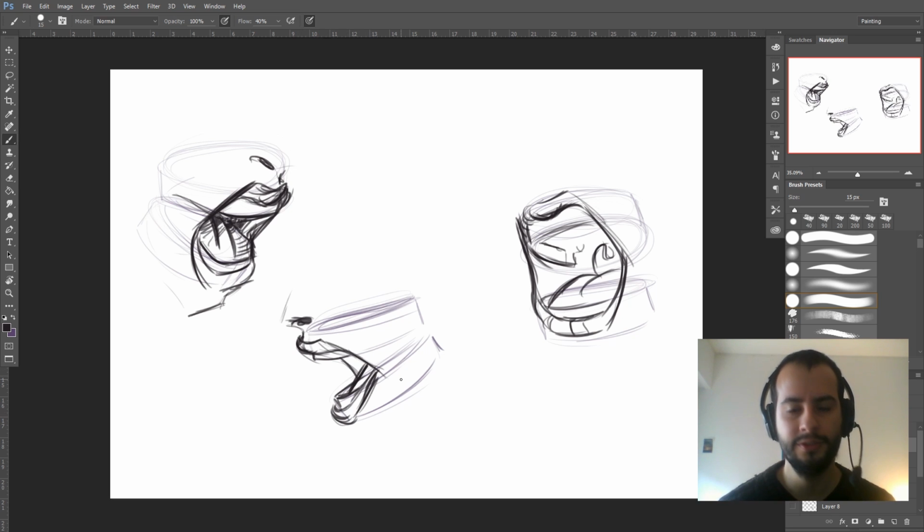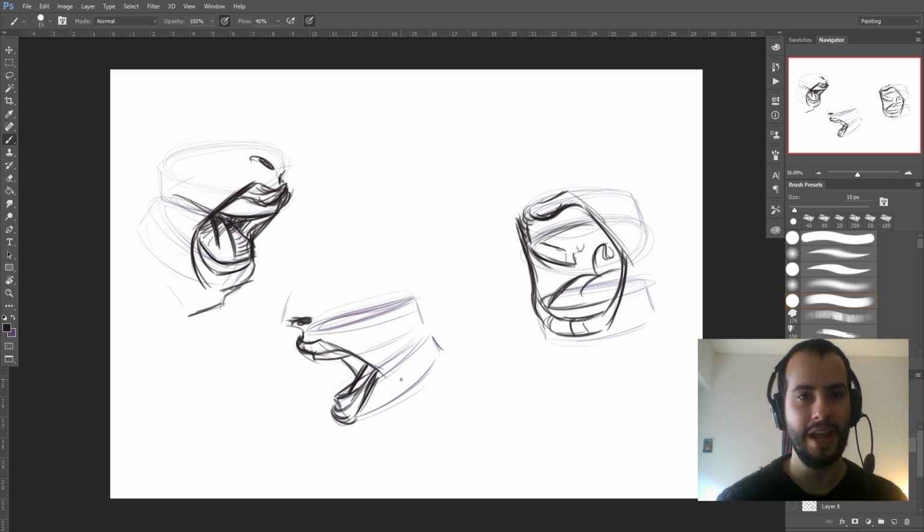Clearly the tuna can approach is better than the clamshell approach, and I think that we have a pretty good grasp of the fundamentals of a mouth. I don't know if you agree. I'll try to see if I can find anything else, but I think that that's going to be it for today. So no clamshell but 2 tuna cans, and considering the roundness of the face and the amount of skin